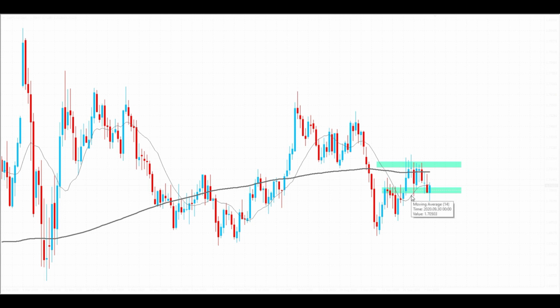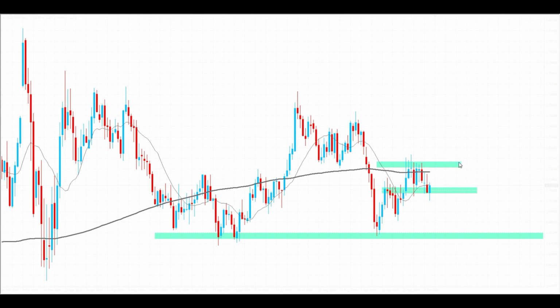So we need to see price break out of these levels to give us a bit more clear direction in the market. If we break to the downside and break through that support level, we can be targeting the lower level down here on the daily time frame. As you can see, support, support, support. So you can see a nice move to the downside, and again you can wait for the retest of the level, or just wait for the pullbacks on the low time frames